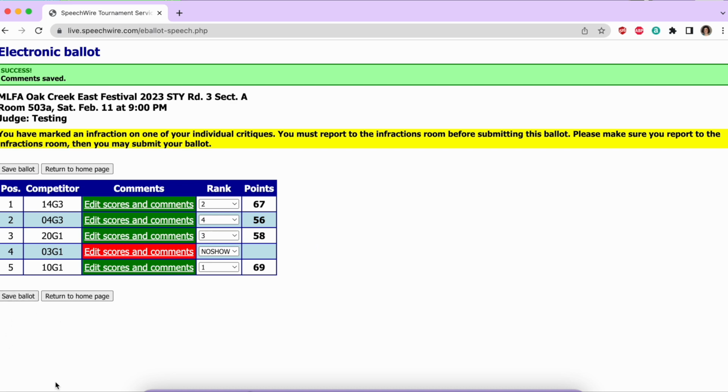I would go to the infractions table and I would talk to them. And they are going to be the ones to help me out with that infraction. They will change the ranking. They will tell me what to put in that box for the infraction. Something that is cool, though, once I save the ballot here,